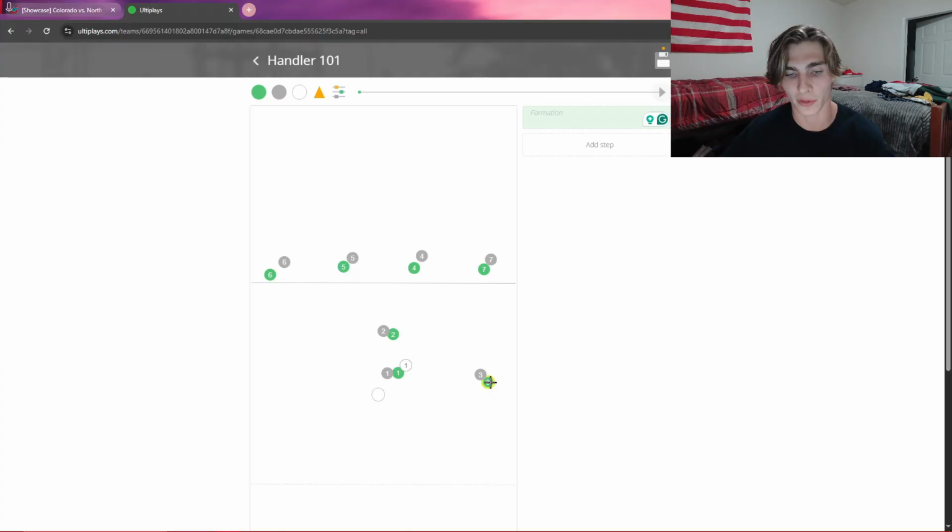So if they look at number 3 for a reset now, and number 3 isn't able to get open, they're basically screwed, because their only other option for a cut here just kind of made an early cut and is now cleared out and not able to be thrown to anymore. So